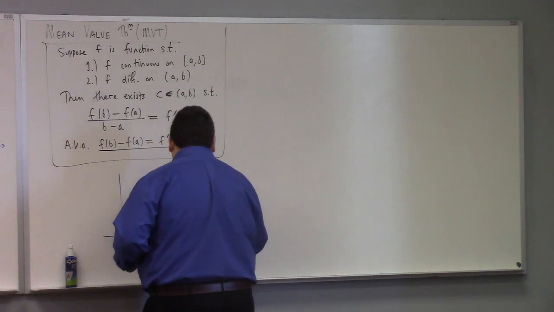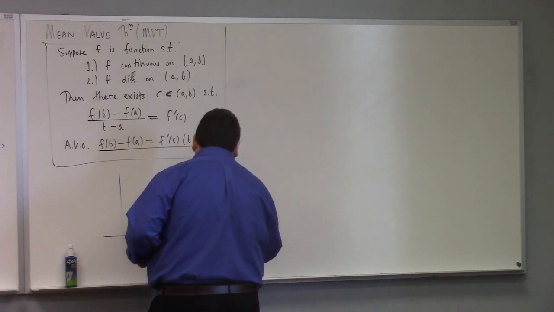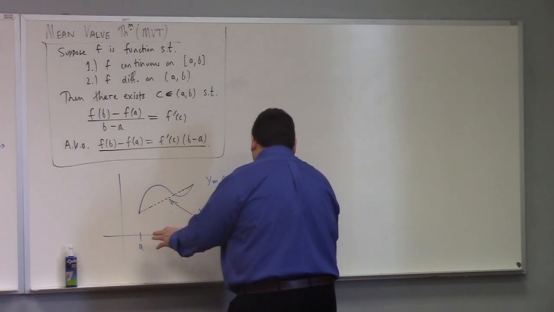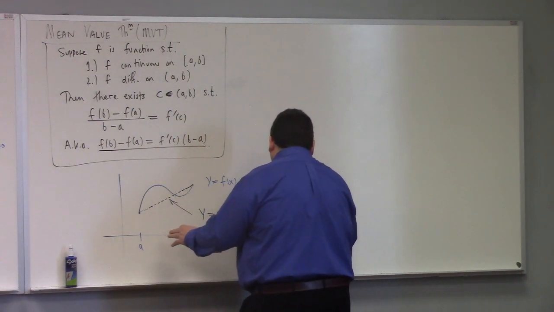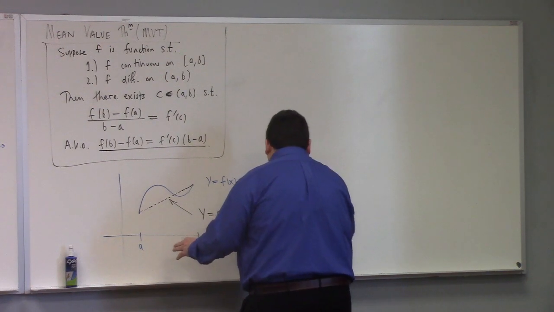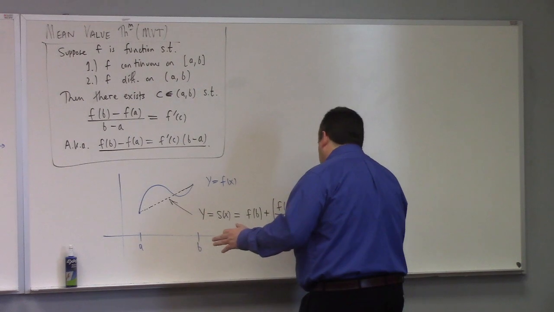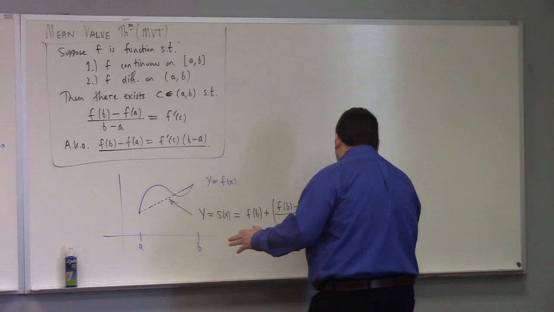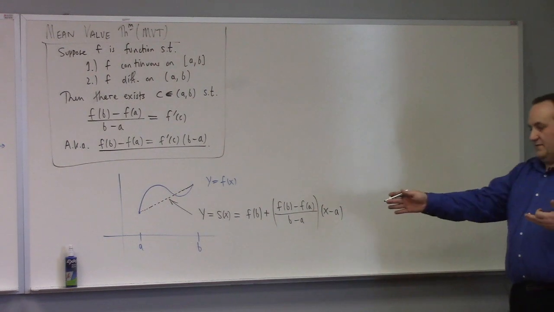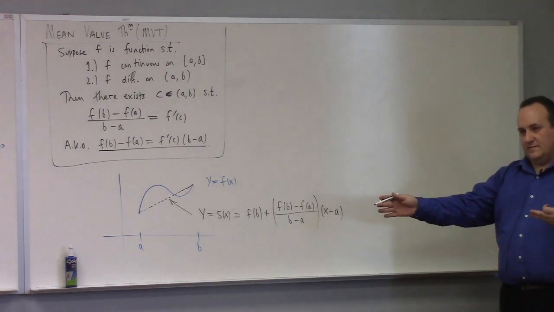So that would be the secant line, y equals s of x. The formula for that is just this: f of b plus f of b minus f of a divided by b minus a, in parentheses, times x minus a. By the two-point formula for a line that begins at f of a